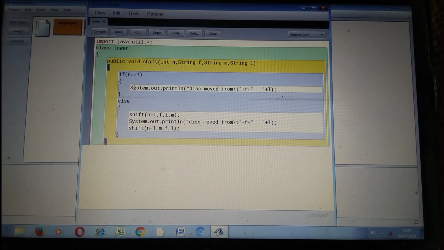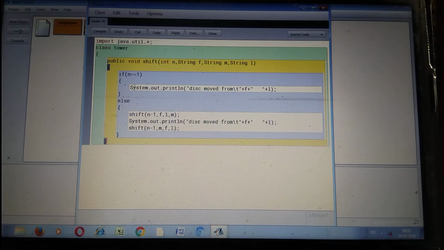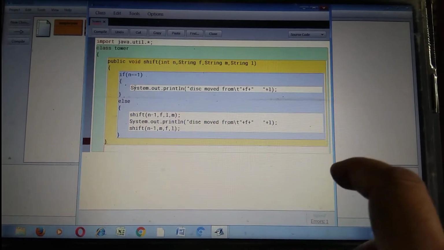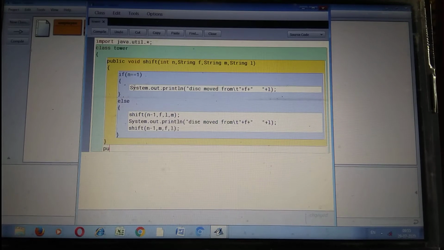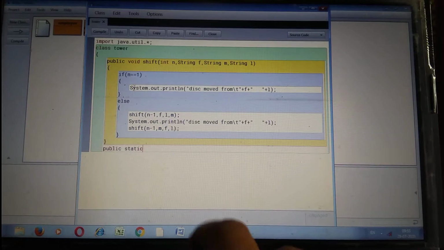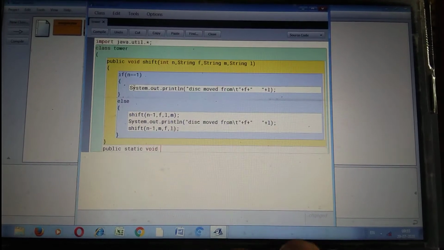Okay. After closing this function, we are going to create the main method. Public static void main.